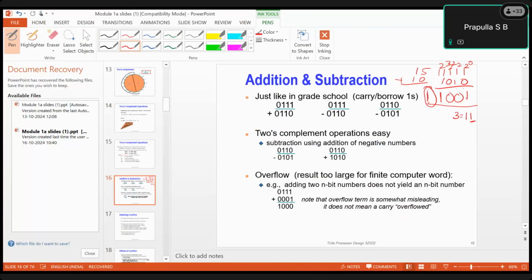This is 2 power 4, which means 16, plus 9. 16 plus 9 is 25. Our answer is correct. Okay. Addition is easy, no problem. But when you are doing subtraction, say for example, I want to subtract